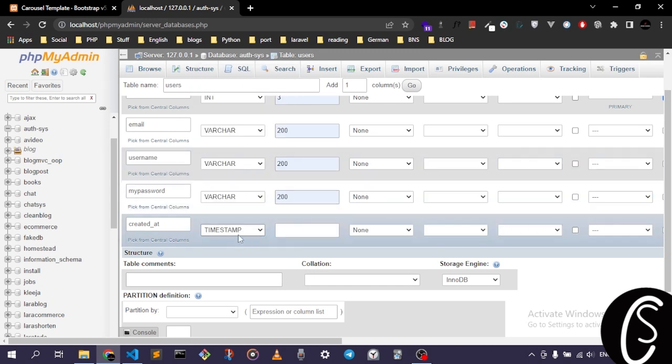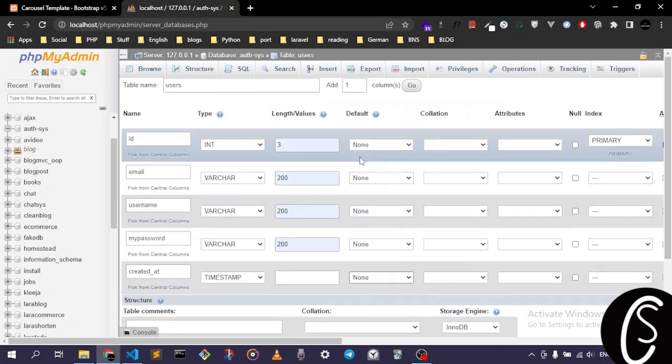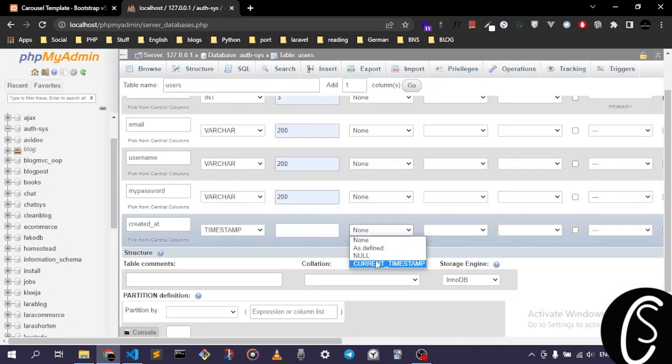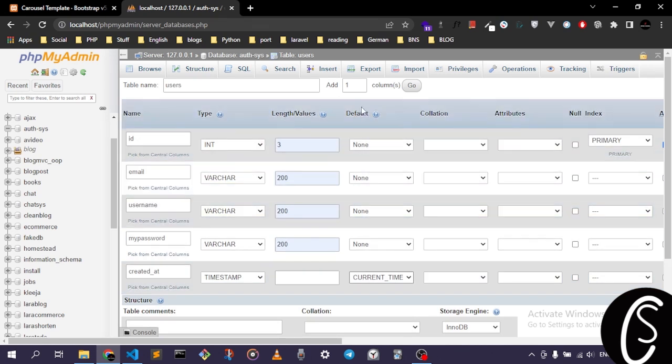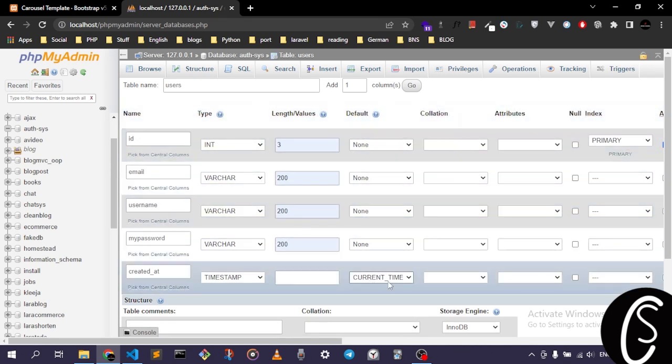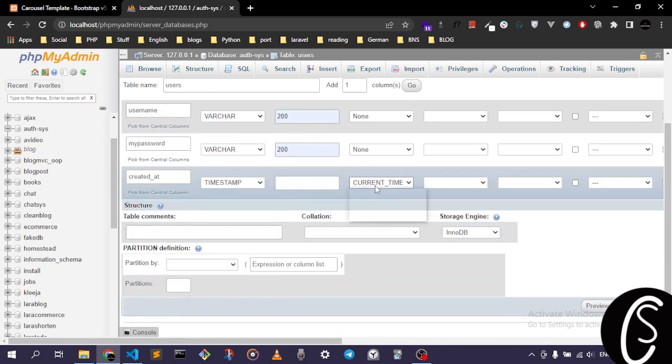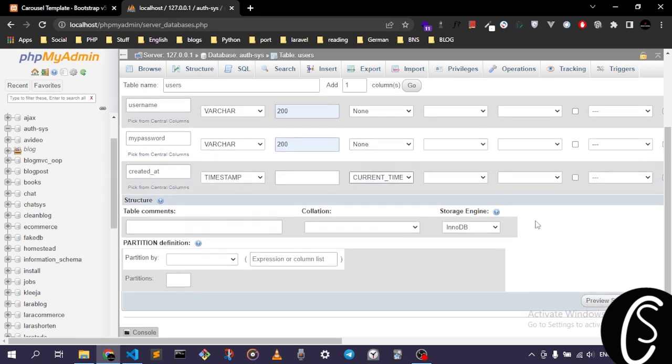So we are going to set it to timestamp, and for the default value down here we're going to set it to current timestamp, which will actually get the date on the fly once we create a record in this table users. It gives us the current date that this row is created in. So if we go save,